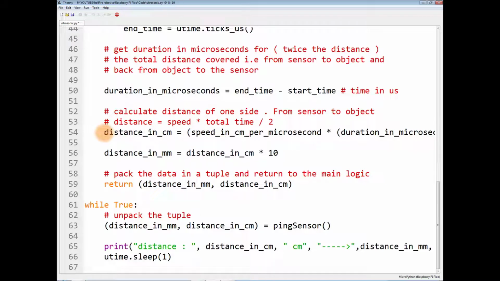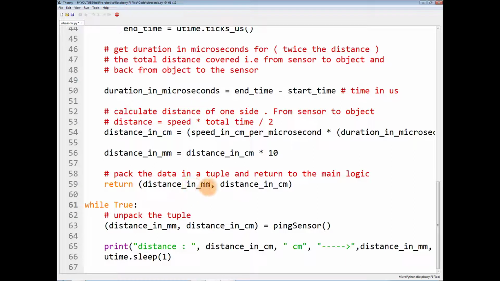So now after this step, distance in centimeter, you simply have to convert it into millimeter by multiplying the distance in centimeter with 10, because we know that there are 10 millimeters in 1 centimeter. Now you have to pack the distance in a tuple and return to the main logic. Tuple means a paired combination of data variables.